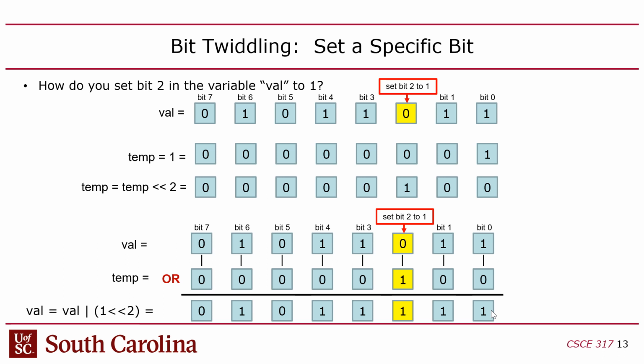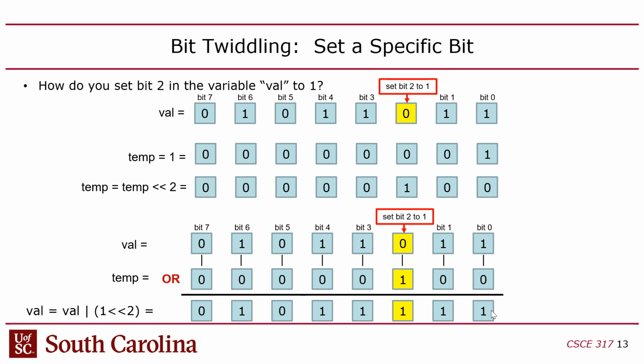Now if it was already 1, it'll stay 1. It's not an XOR, it's just an OR, right? So an OR will not affect it if it's already 1, but if it was 0, it's going to flip that bit to 1. And so basically in one line of code, the one line of code in C, and